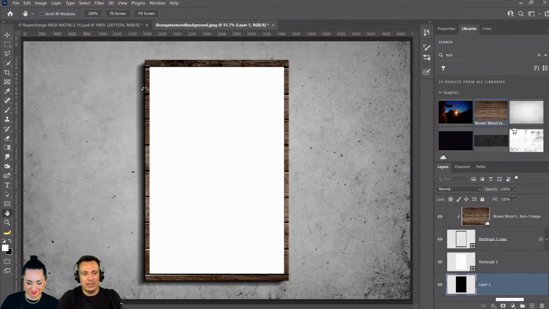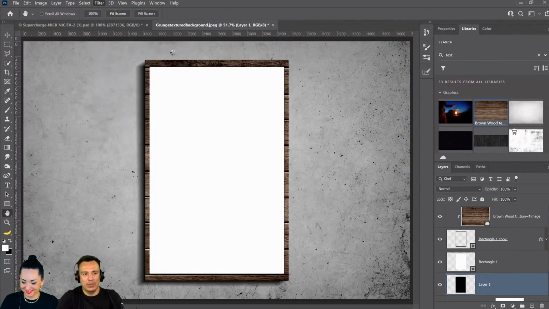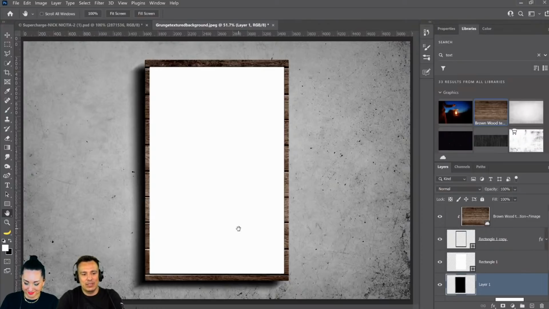This looks okay, but maybe I wanted just a little bit more blur. So you can go into Filter, and then the first option will be the last filter that you applied. You can click on that and just sort of enhance that effect even a little bit further, like so. And it's a little too strong, so you can always reduce the opacity to whatever works for you, and just adjust it accordingly.